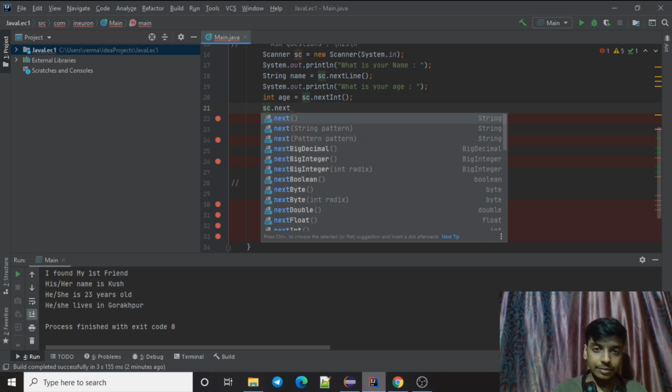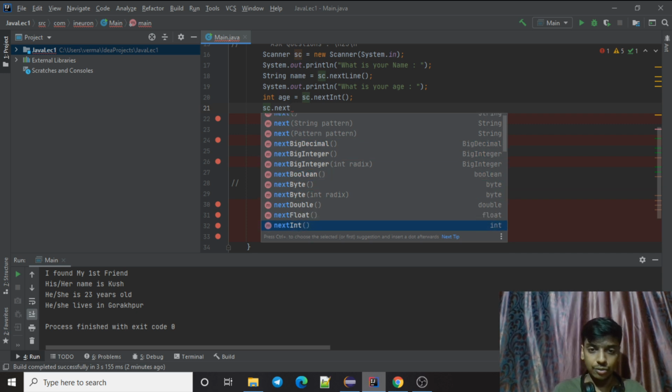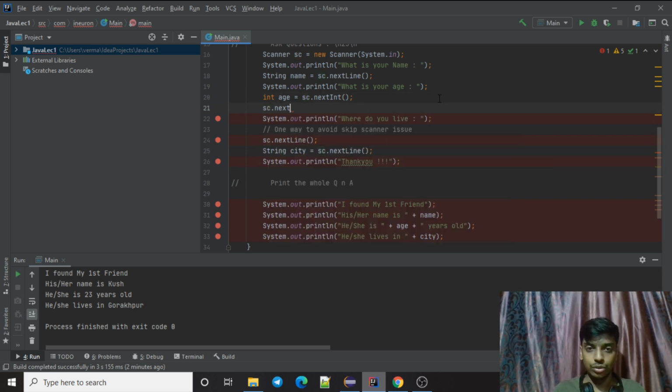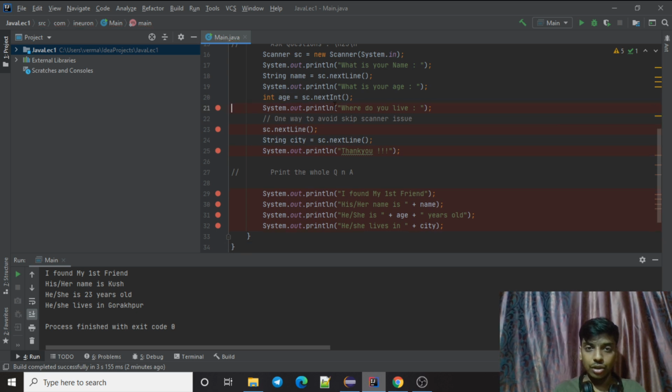So all these, next byte, next double, next float, next int, can cause this issue. So if you are using next int, you need to advance your cursor by consuming it with nextLine. So that's one way to avoid this issue.